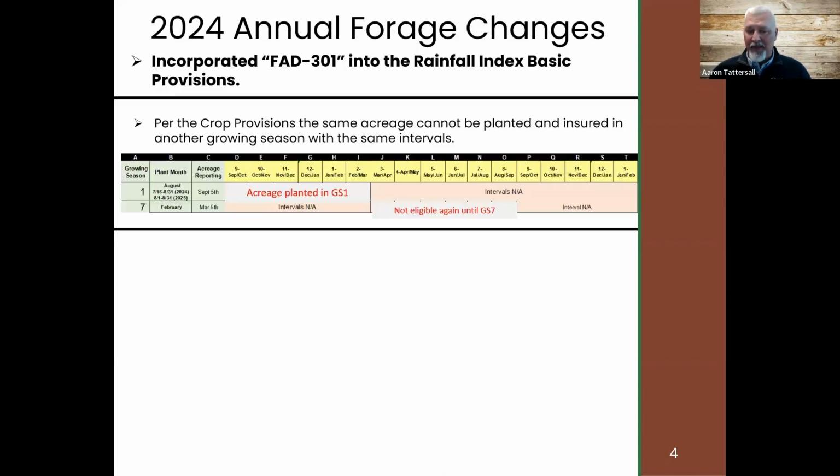intervals. And so what that means, graphically here, is that we've got acres planted in growing season 1, and we've got intervals September, October through February, March. Well, on that same piece of ground, the very next time we can come back and plant a forage crop and have annual forage coverage won't be until February, growing season 7, because we don't share. Growing season 7 is the first growing season that doesn't share the exact same index intervals as